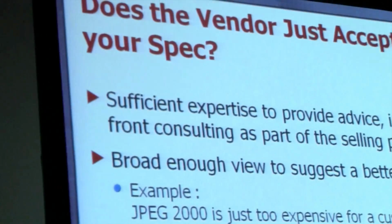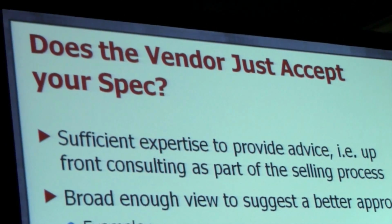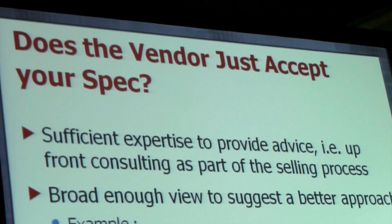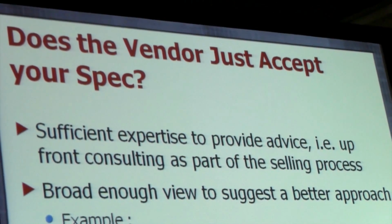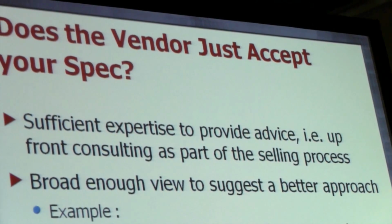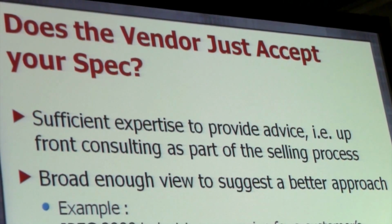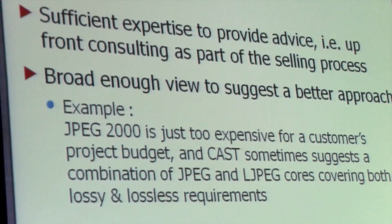Does the vendor just accept your spec? Do they have sufficient expertise to provide advice, i.e. upfront consulting, as part of their selling process? When engineers are defining a new design, they're still in the architectural phase and are thinking about different ways to solve the problem. When they approach us for a piece of IP, it's not always the optimum. And by engaging with them on a technical level, we oftentimes find a better way to do it